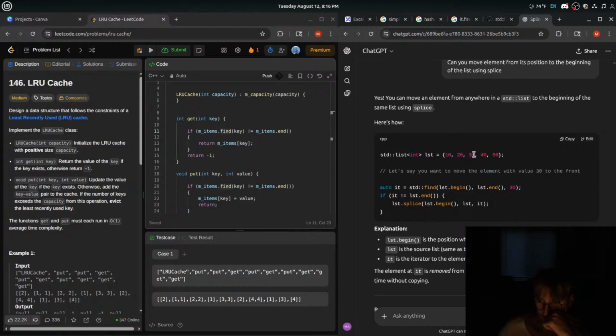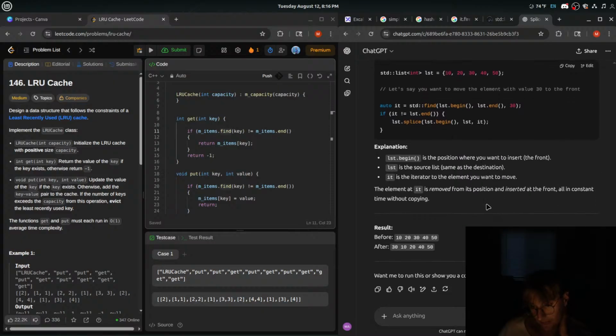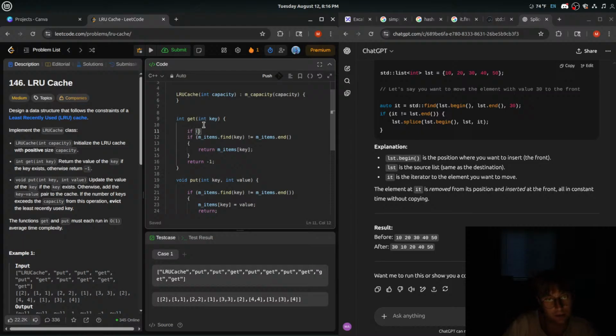To the front. Create the iterator, we find it. It's equal to list.end. list.begin, list iterator. Okay, so you're right, so maybe, like, can we do if,